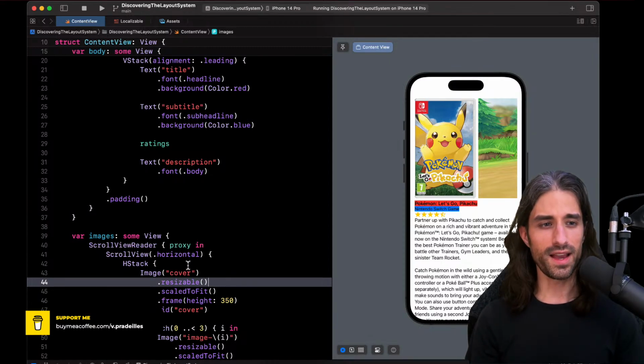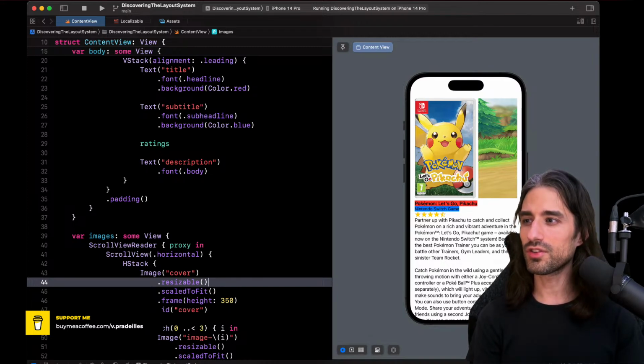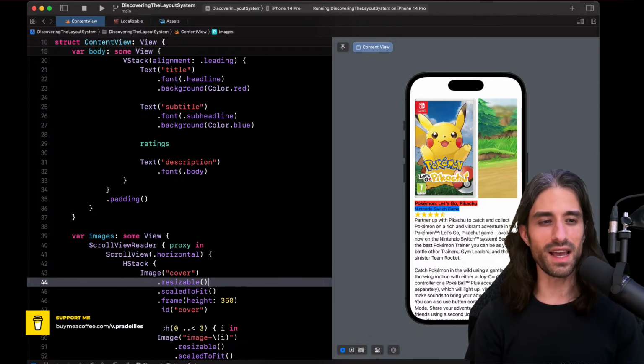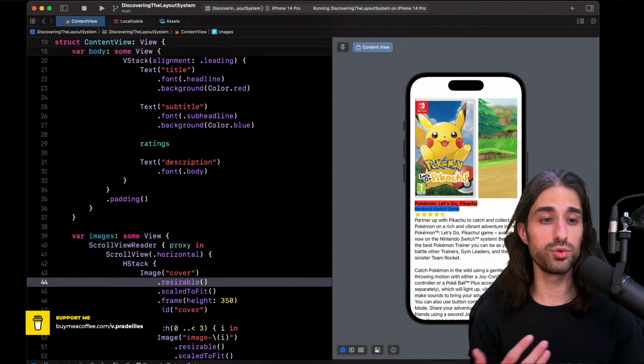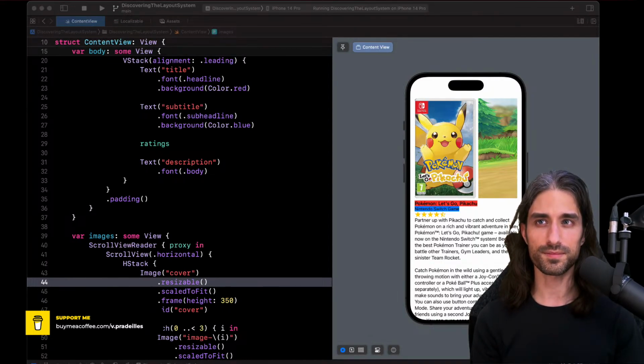Okay, and I guess we are up for the last part of this chapter, which is custom alignment or advanced alignment. This is the more complex part, but a part that is good to know because the day when you need to implement it, you're glad that you know about it.